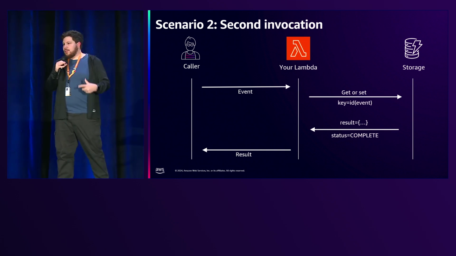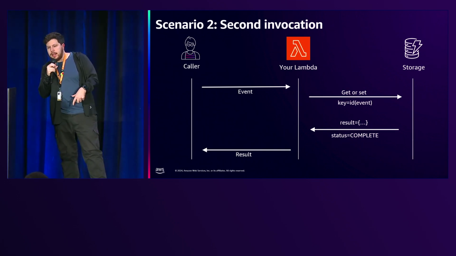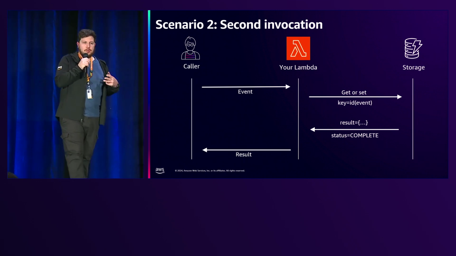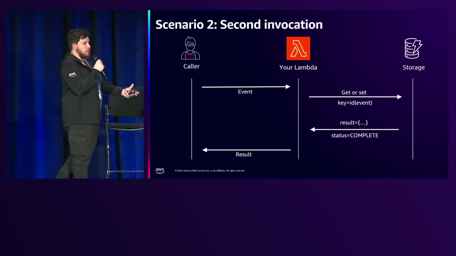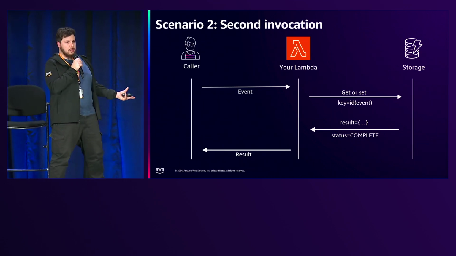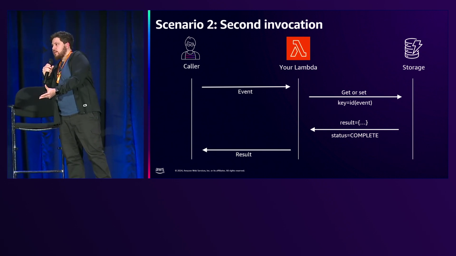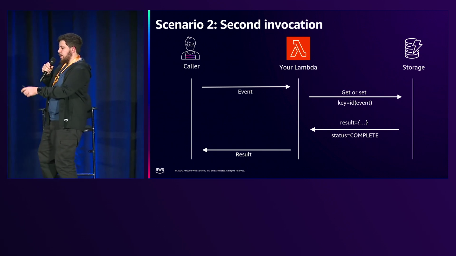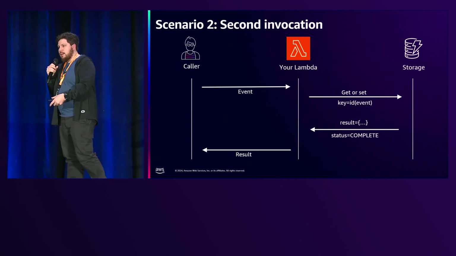Now, what happens if you receive the same request again after? Again, we look at the event. This time, we check what's in the persistence layer, and we see that there is a request with the same payload that we just saw a few seconds ago or a few minutes ago. In this case, we don't want to run your code because this will cause different side effects. So instead, we get the result that we have saved in DynamoDB, and we return that instead